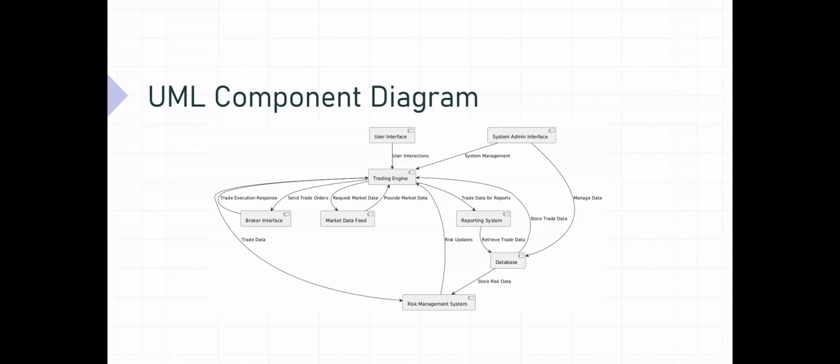So here's my UML component diagram. Some of the key components would be the user interface, the trading engine, which is the core component responsible for executing trades and managing orders, the market data feed, which is responsible for retrieving and providing real-time market data, the risk management system, which is responsible for monitoring and managing trading risks,